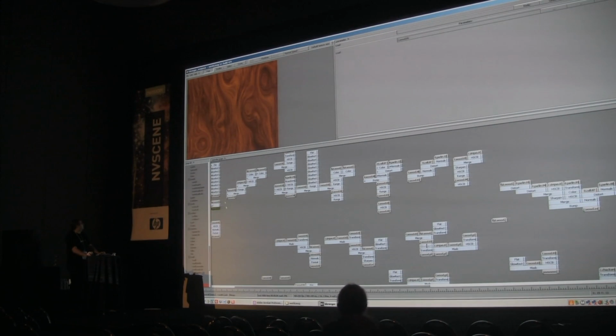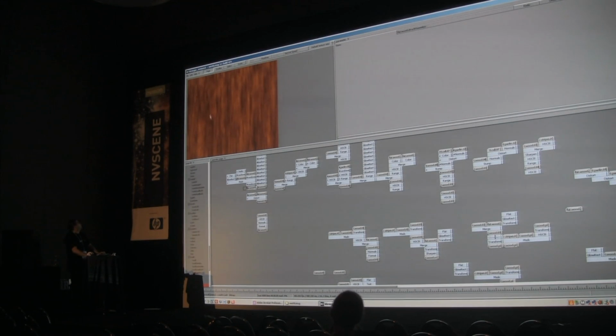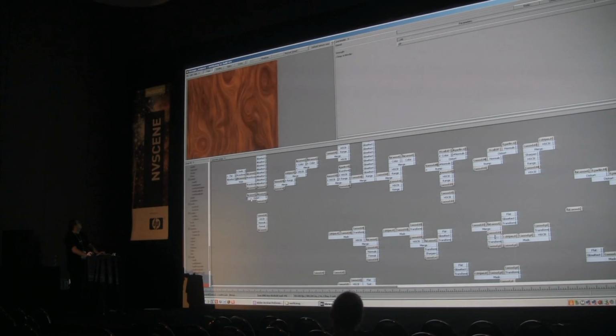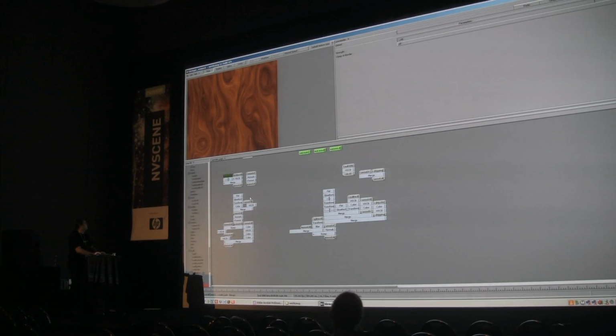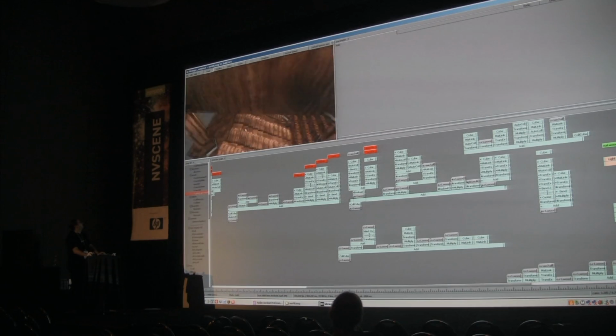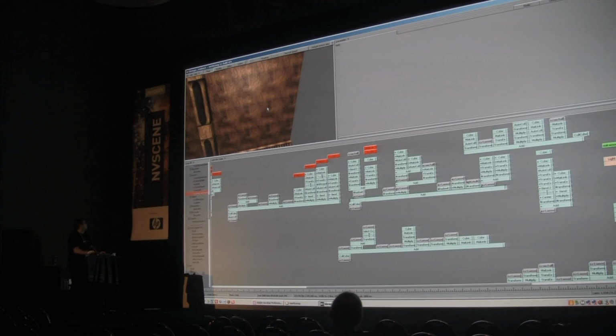Go back. This is the main wood texture, which is just some Perlin noise transformed, and whatever he does to make it look cool. These are the holes. And this is the distortion for the holes. If I'm lucky, and if this computer is really fast, this is a section. Now I have to find the wood again.